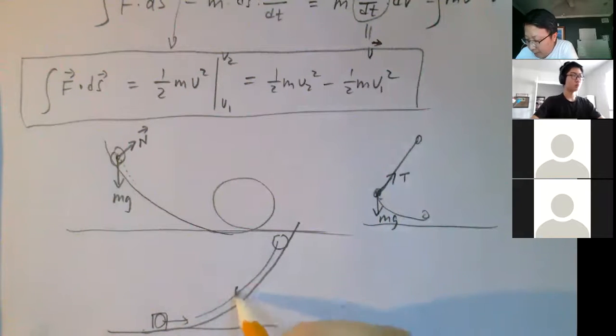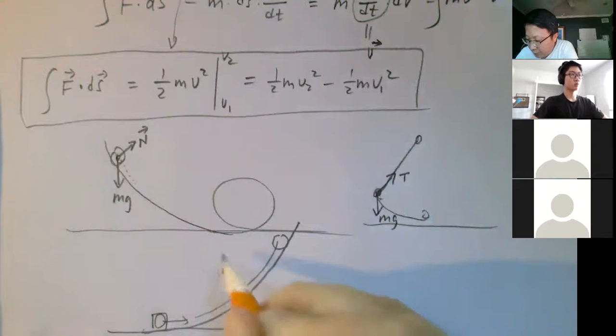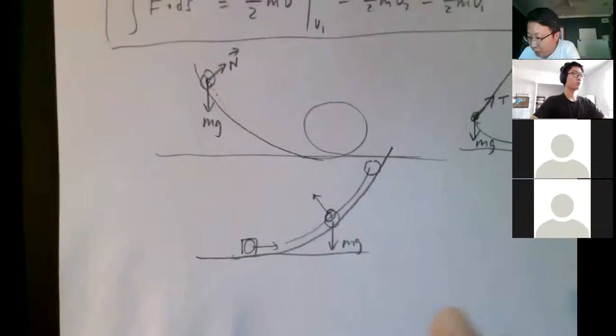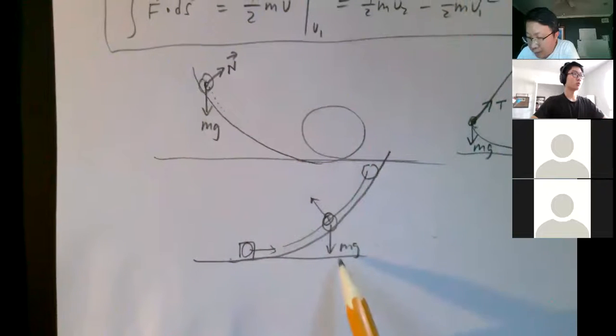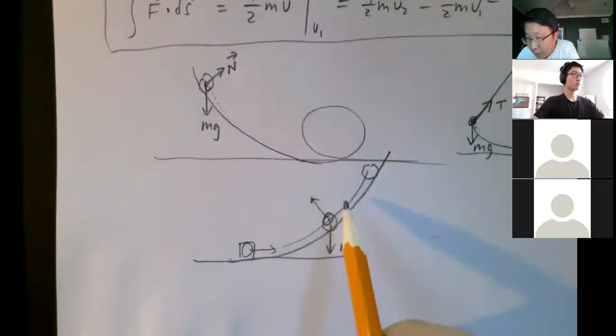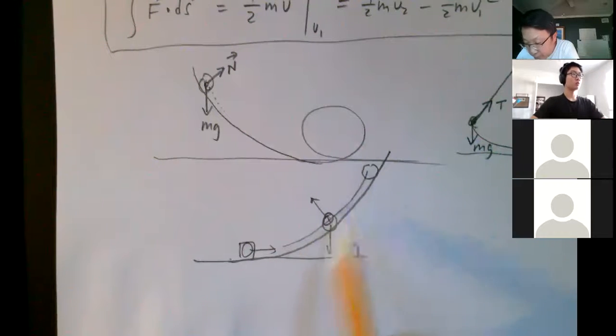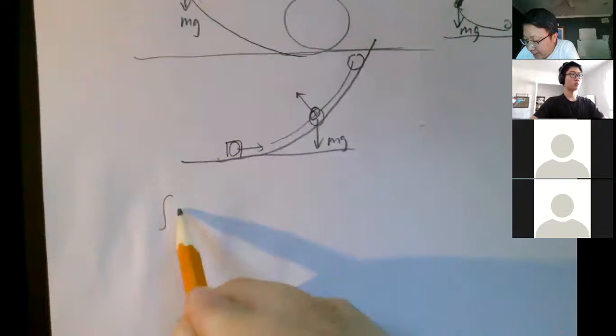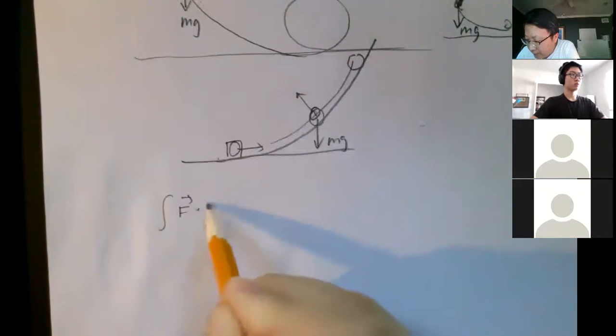Here you have mg, and the normal force is also perpendicular to the surface. So all of those cases have a common nature: even though there are two forces, the other force is always perpendicular to your movement. So in that case, you can see F dot ds